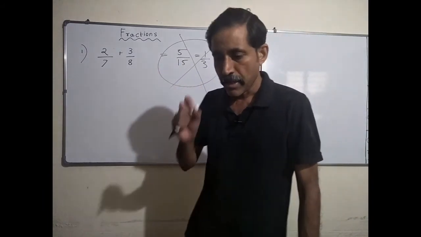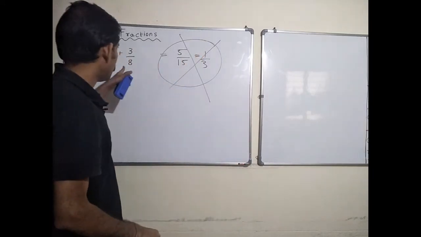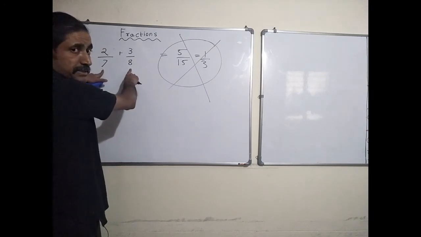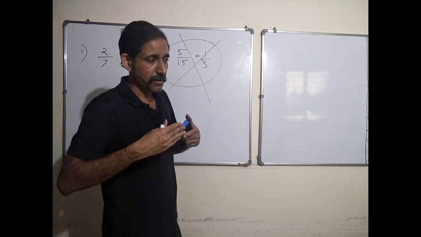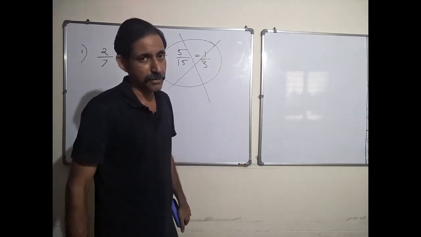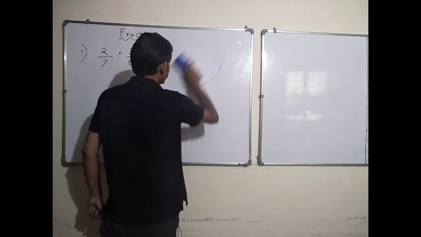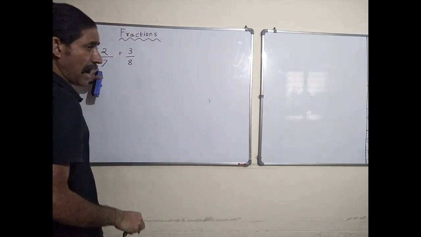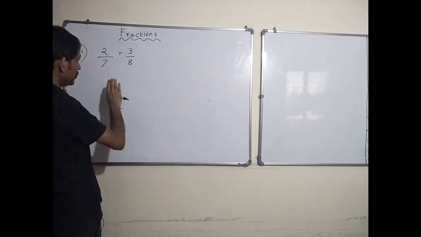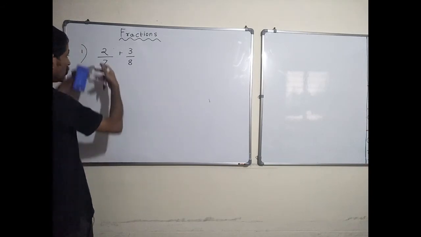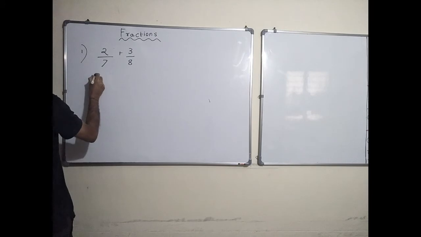Correct? So every class is important, basics are important, right? You may not be asked to solve this in 10th, but this may be one of the steps in the answer that you would eventually get. So you can't afford to make a mistake here. So let's see how you do it. Whenever you are adding or subtracting, convert them into like fractions, such that each one is equivalent to its previous version. Okay, let's see what I mean.